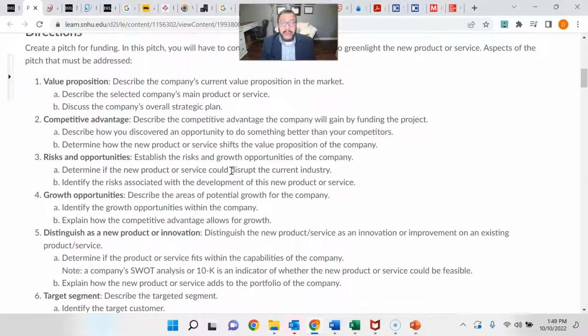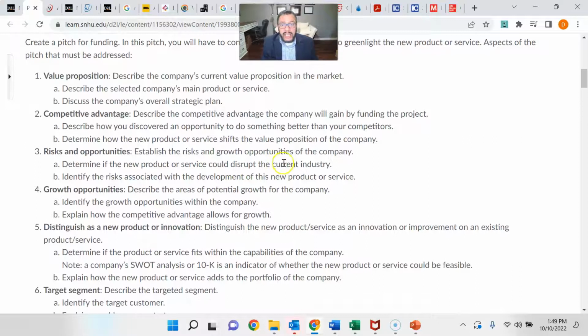What disrupting the industry means is that you're not just doing what everybody else is doing. You're doing something different. So is your product really disrupting the industry? Be honest about that. And don't just say it is because, and then fill it in. Just say, I think it's really kind of doing what everybody else is doing. But you want it to disrupt the industry.